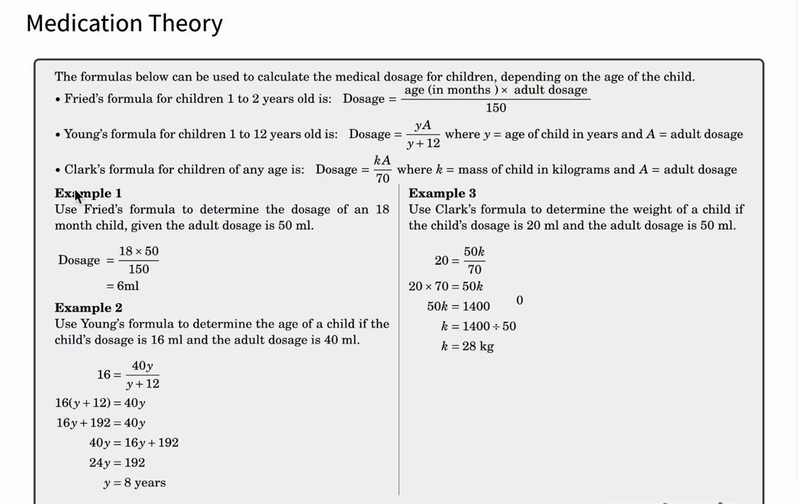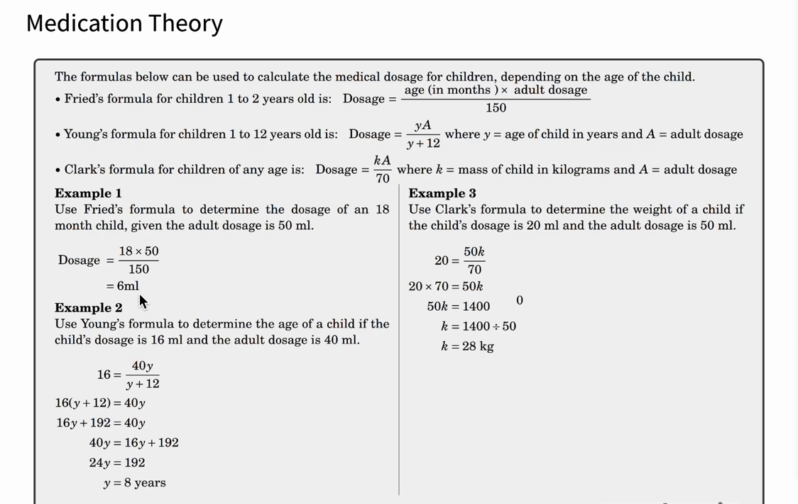Let's take a look at the examples. Example 1. Use Freud's formula to determine the dosage of an 18-month child given the adult dosage is 50 ml. So Freud's formula says age in months, so this is an 18-month-old child, so you're substituting 18 times the adult dosage. So if it was for an adult, you would have given 50 ml divided by 150, so that's 6